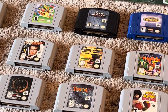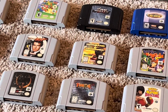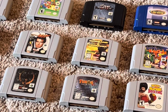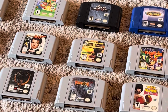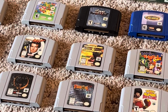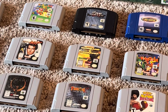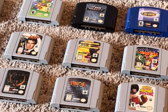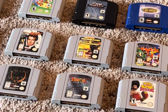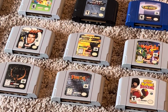Command and Conquer. Now this I played a lot on the PC. I remember back in the mid 90s, even early 90s, on the PC, playing on dial-up modem with my friends. It was kind of the first online gaming I've ever played in my life, where we'd fight each other in Command and Conquer. And this is actually a really good version on Nintendo 64. It's a lot of fun. It's just a classic. It's a really good game. I don't hear too many people talk about it, but I used to play it a lot when I was